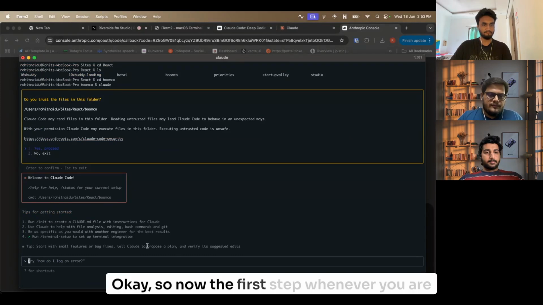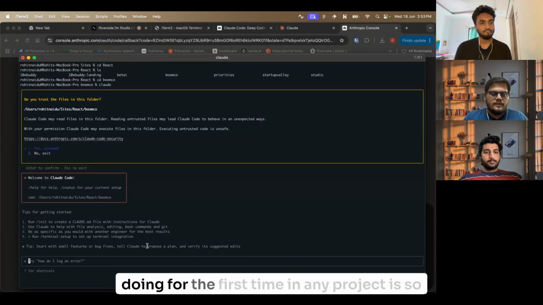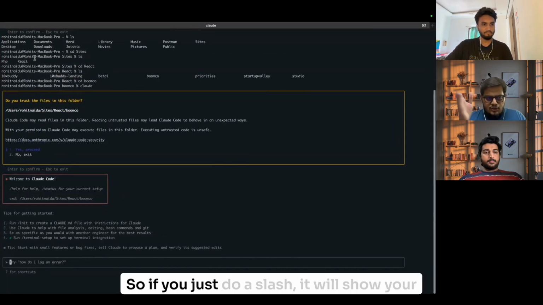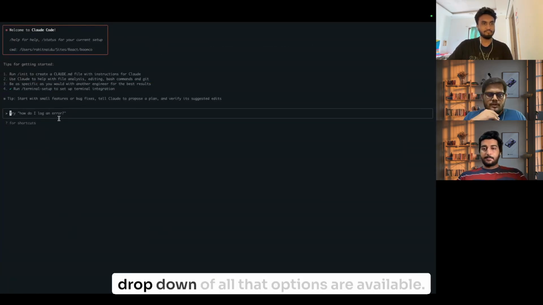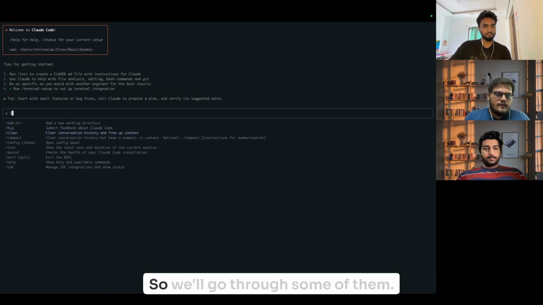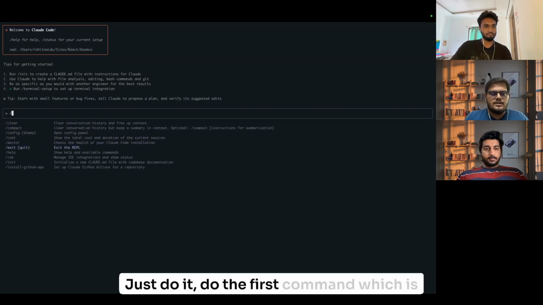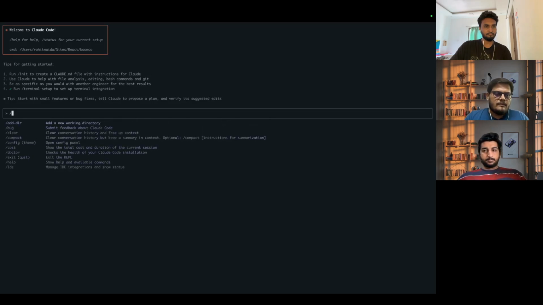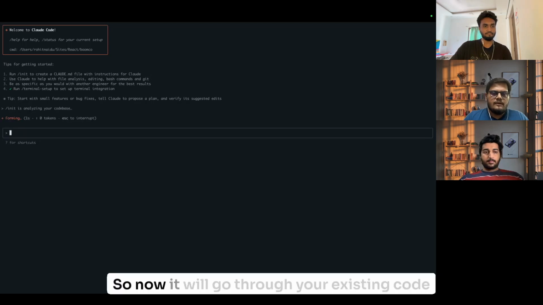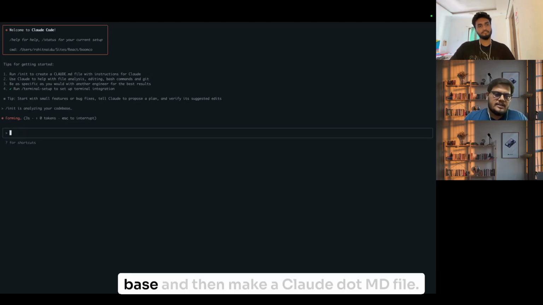So the first step whenever you are doing this for the first time in any project: there are slash commands in Claude Code. If you just do a slash, it will show you a drop down of all the options available. We'll go through some of them. Do the first command, which is init. Just type in init. Now it will go through your existing code base and then make a claude.md file,